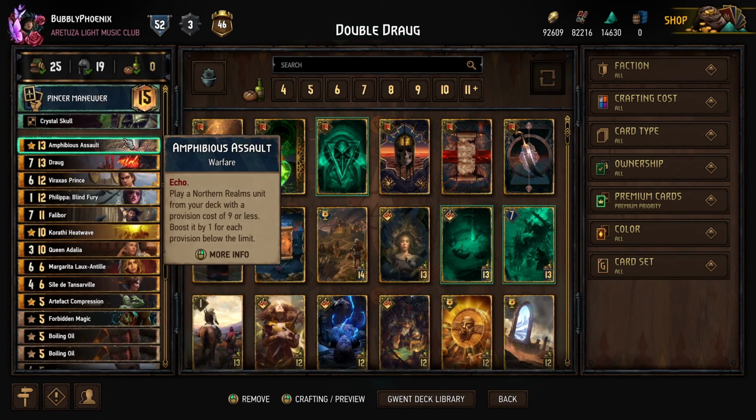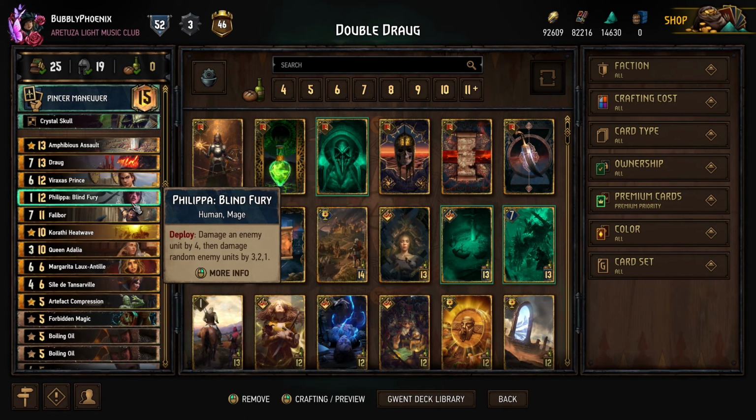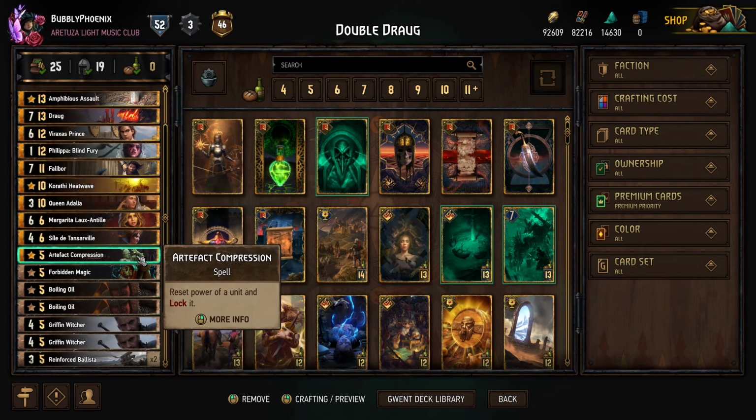So I'm running Amphibious Assault, obviously, it's the best card in NR right now. These two, Philippa and Falibor, are fantastic control options, and they set up your Revenants quite consistently. Heatwave as well, very obvious. Margarita for a lock, Sheila for more damage. Artifact Compression is a weird one. It's a nice way to reset a tall unit back to a low strength. Like a Joachim target or a monster unit that's been boosted, like Mamina, for example, right? So you can reset it, and then you can ping it down with the Revenant